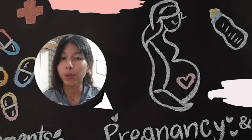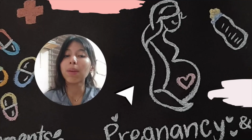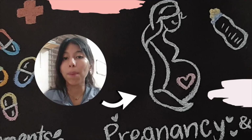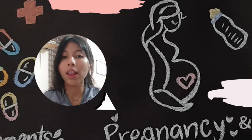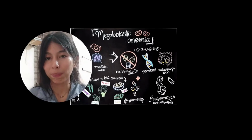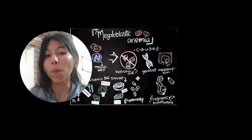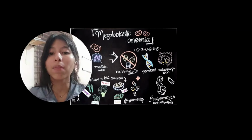Those exclusively breastfed have a vitamin B12 deficit caused by the absence of supplements and nutritional guidance during the pregnancy. Despite the loss of the complication during the gestation period and breastfeeding,